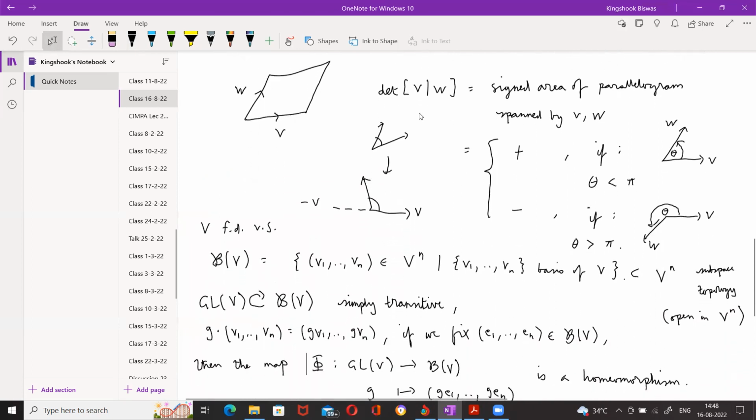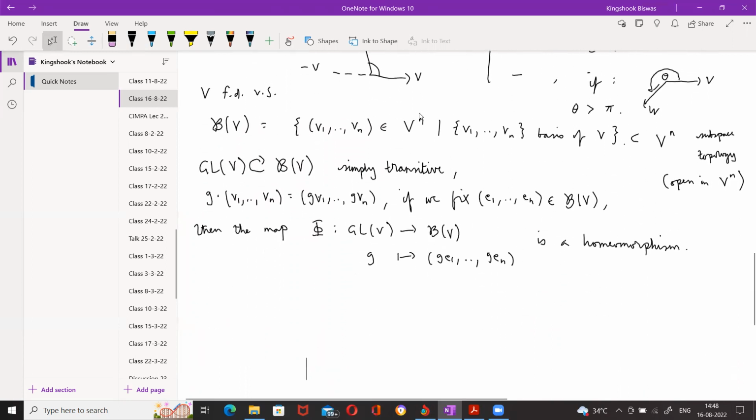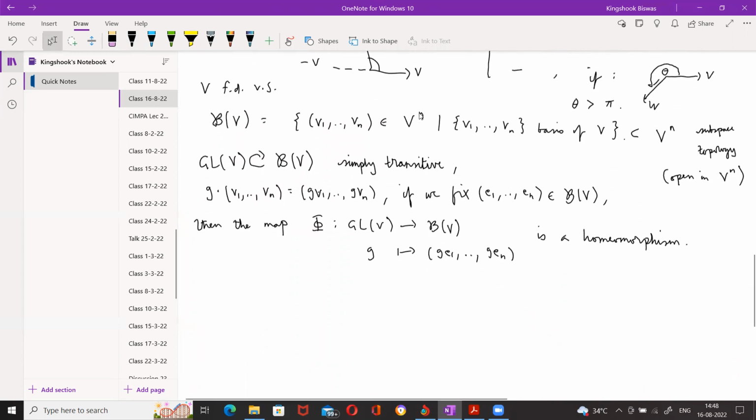This you can see in 2 dimensions. It's just angle less than pi, angle bigger than pi. But in higher dimensions, it's also true. B of V will also have just 2 connected components in higher dimensions as well. Those will be the same as the 2 connected components of GLV. So the connected components of the set of ordered bases B of V